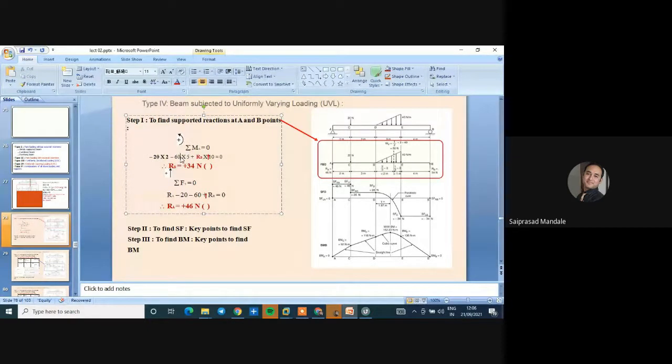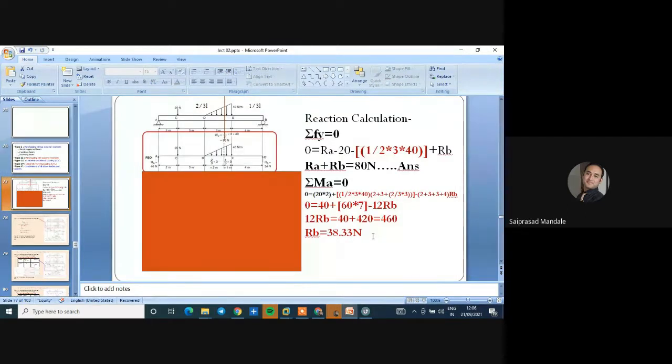Right now, whenever it is force and we are talking about distance, the distance is from this dotted line till the end. So 2 plus 3 is 5, but from this to this it is not considered. So we have to focus on that 2. 2 plus 3 is 5, plus 2 is 7. Whatever the calculation here is wrong. We have to go with this calculation. So 38.33 is the right answer.